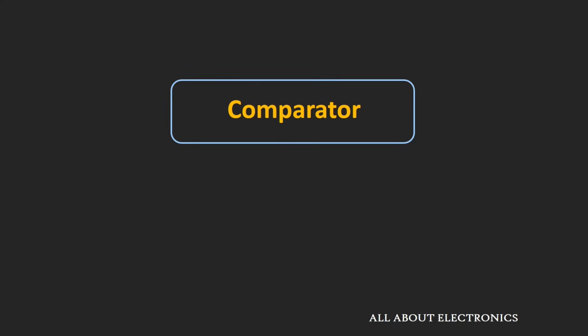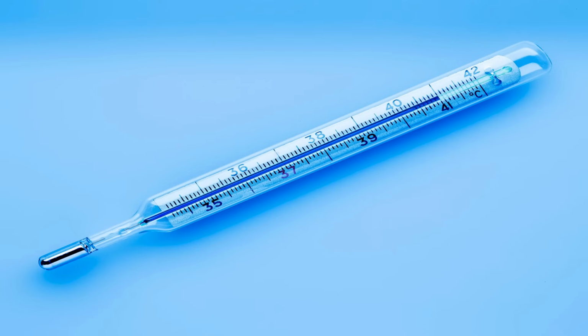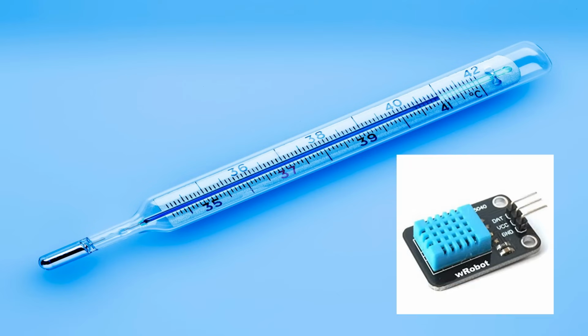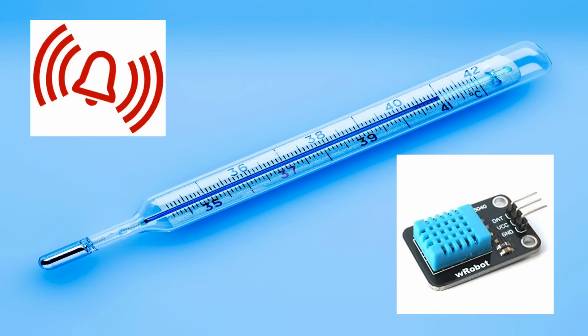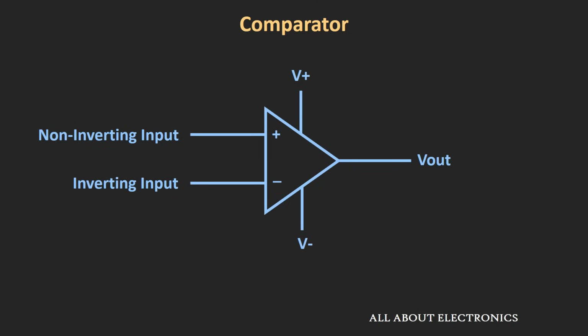So in this video, we will learn about comparators. Many times in electrical and electronic circuits, it is required to compare two voltage levels. For example, let us say you are measuring the temperature of a room using a temperature sensor, and let us assume the output of this sensor is a voltage, and you want to compare this voltage with some reference voltage, so that whenever the room temperature goes beyond a certain value, you can take some action like turning on a buzzer or activating a relay. So it can be done by using a comparator.